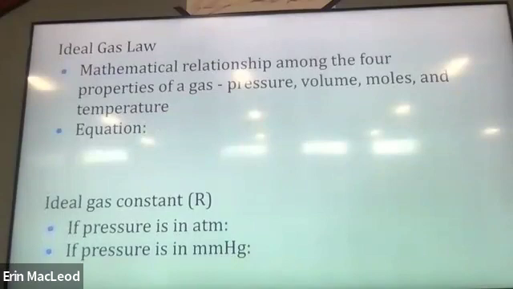So far with Boyle's and Charles's and Gay-Lussac's, we were really looking at, I have pressure and volume, I change one of them, what happens to the other? So we were looking at two variables at a time. Charles, we looked at volume and temperature. Gay-Lussac's, we looked at pressure and temperature. This gas law, instead of having the before and after, all we're going to have is each of the